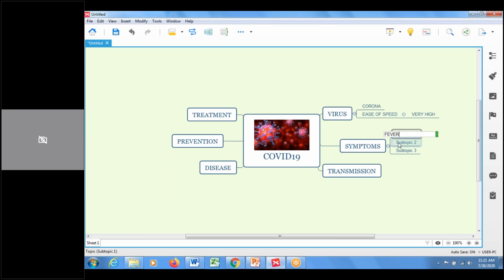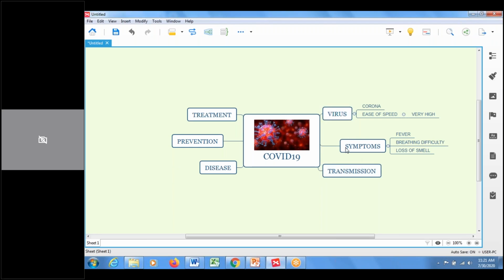One can be fever, or you have some breathing difficulty, maybe it's another symptom. Maybe something like loss of smell, you lose your sense of smell, fine. So these are a few symptoms of COVID-19, and this way you can create sub branches for all the branches. That's clear, okay? Creating branches, creating sub branches.